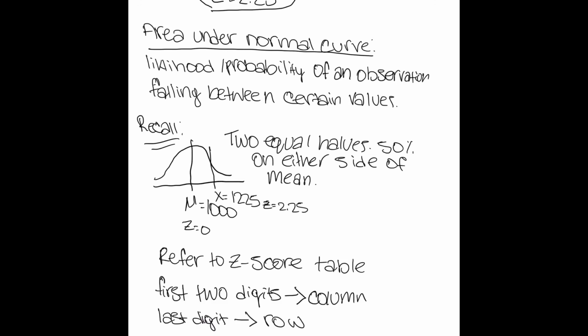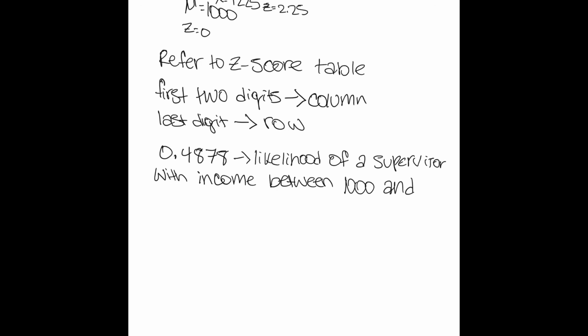Okay, so when we're looking at our z-score table, we want to make sure that we're first looking at the first two digits. Those are going to correspond with that first column of the table. And then the final digit is going to correspond with that top row. Then you just want to make sure that you are getting the corresponding value in that table. So from that table, we get a value of 0.4878,